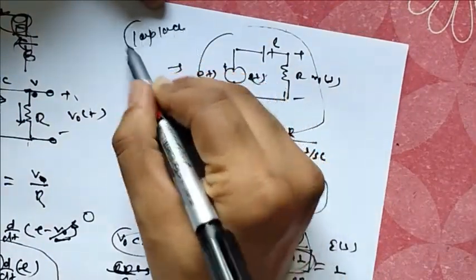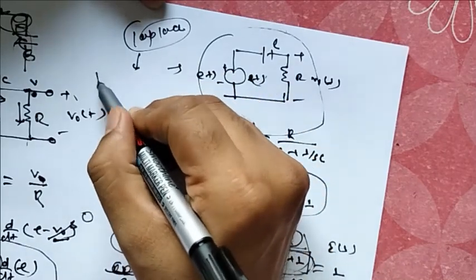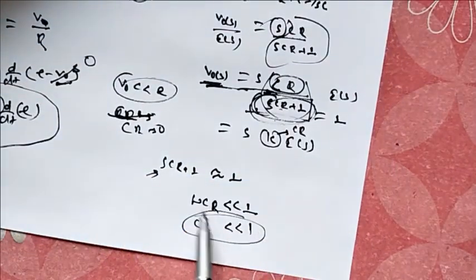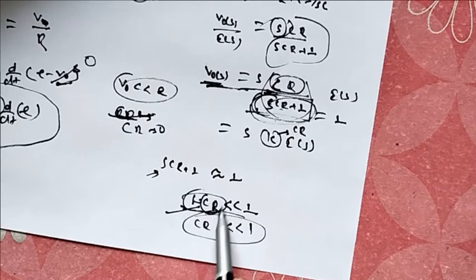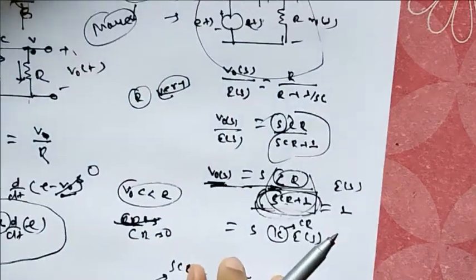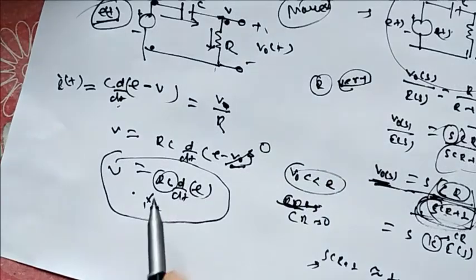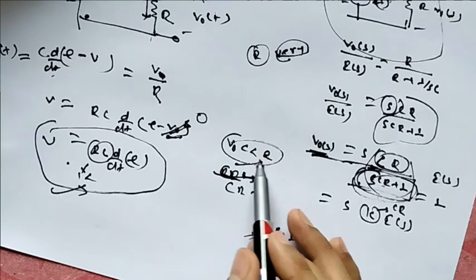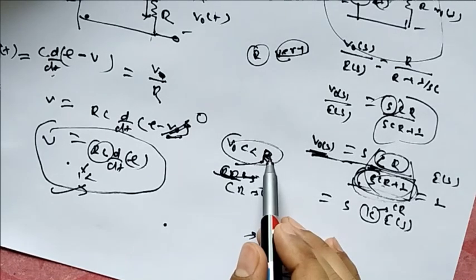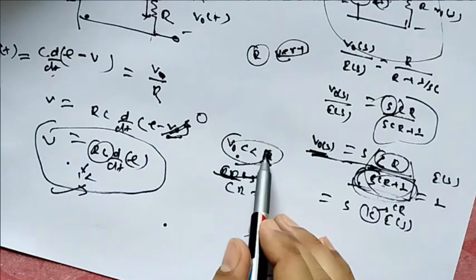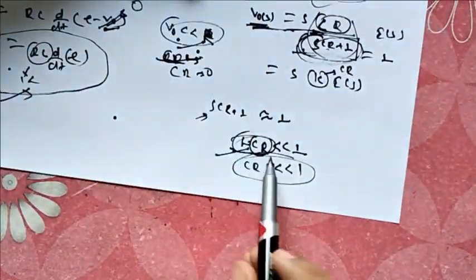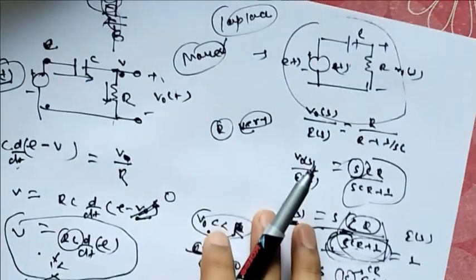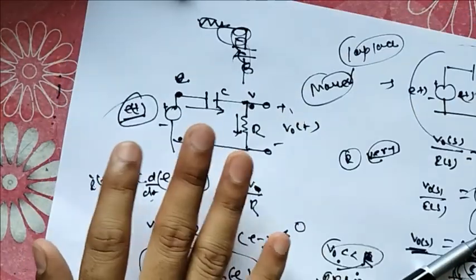So many times the Laplace makes it easier for the analysis. Here we can see that if omega CR, the frequency times time constant, is very less, then only it is going to become a differentiator. And if you see in the time domain, then we are not actually getting that. What will be our R? R here it is told it will be much less than R, must be very less. But here we get omega times CR less than 1, then only the circuit is going to become a differentiator. So this was a pure normal circuit problem.